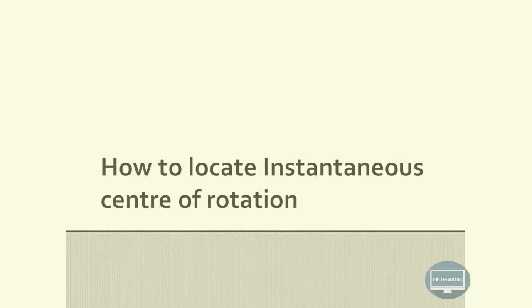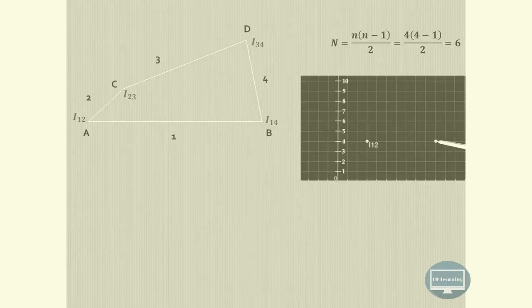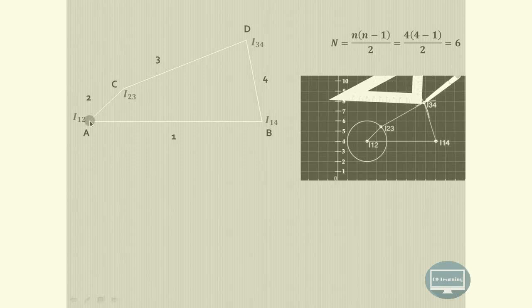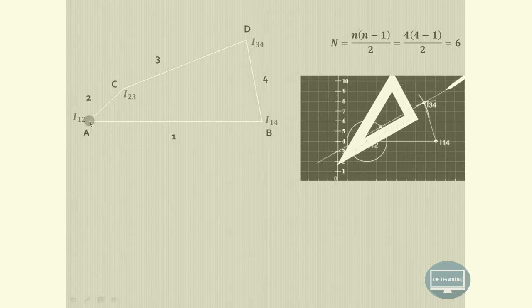Okay, so let us try to understand how to locate the instantaneous center of rotation in the case of a 4-bar mechanism. Here we have this 4-bar mechanism in which AB is the fixed link and AC is the input link, CD is the intermediate link and DB or BD is the output link. As link 1 is fixed, links 1 and 2 are fixed at this particular point, so they will form the fixed ICR. Similarly 1 and 4 are fixed at this particular point, so they will also form